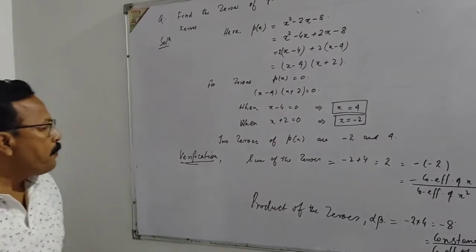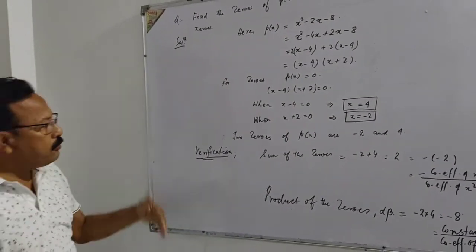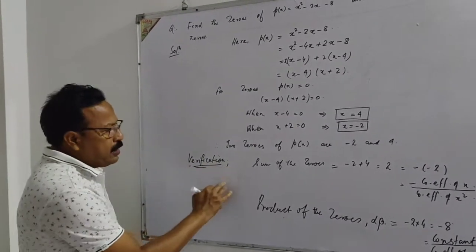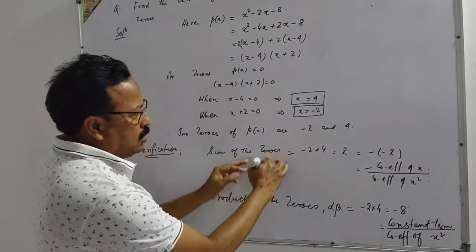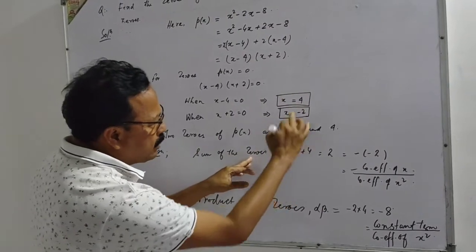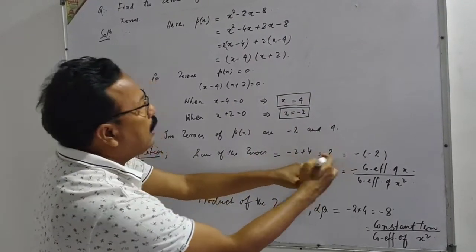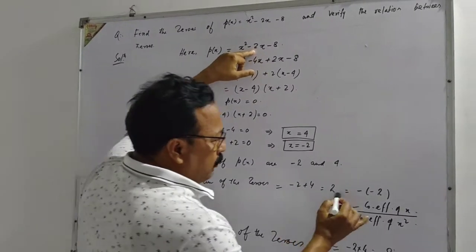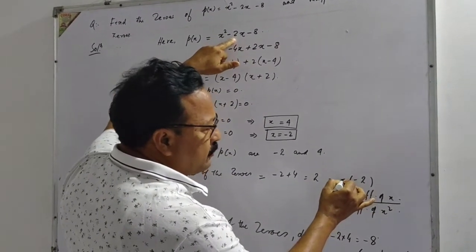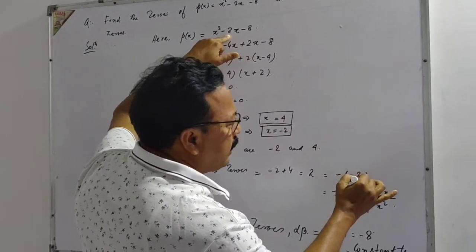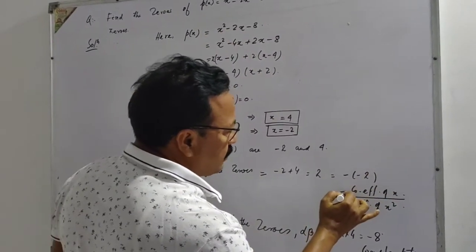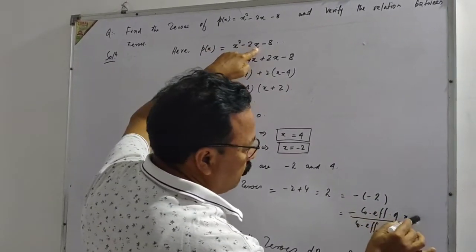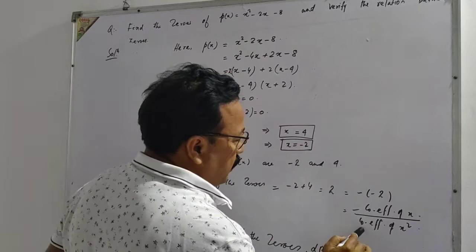This is one answer. And just we want to verify the relationship of the zeros. Verification, sum of the zeros. Just we are going to find out -2 plus 4 equals 2. Here the 2 is negative. That's why we have taken the negative sign multiplied with the negative of 2, and -2 is the coefficient of x here, and we have written the coefficient of x divided by coefficient